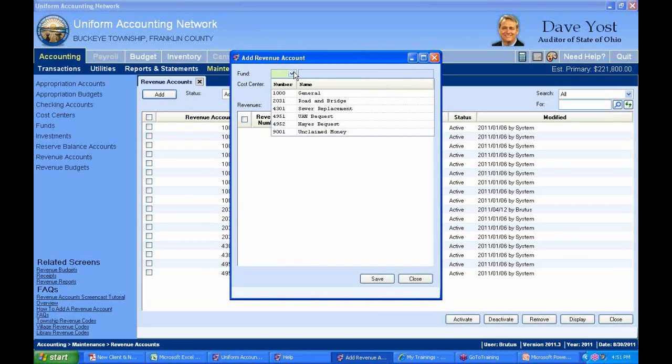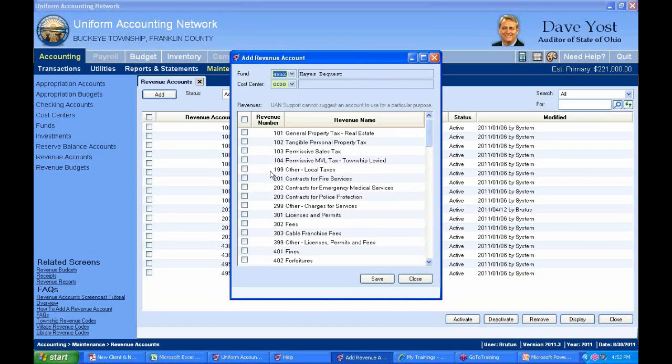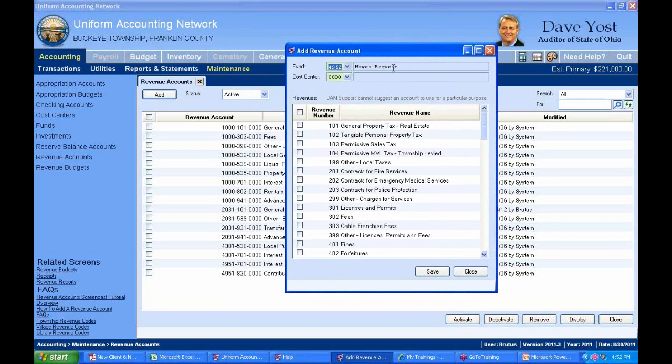In our example on page 18, the fund number is 4952, and that's the Hayes Bequest Fund. And below that list, it lists all of your revenue account codes that you have not already added to this fund. Well, we move this over and look at our list. We got 4951, but no 4952 revenue account codes on our list. So this is brand new for this fund,